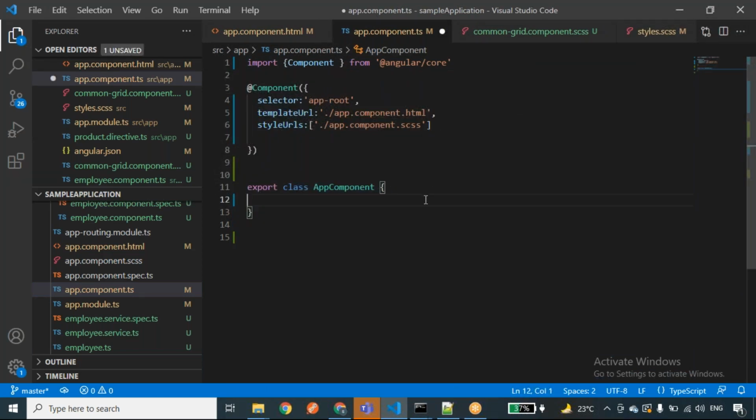I'll take one employee object, employee obj, and I'll take its type as any. You can try to create an interface for this employee object and access the values. For now, I'll be taking its type as any.